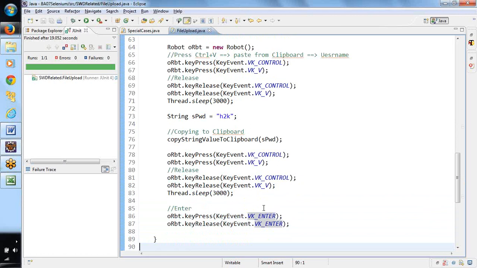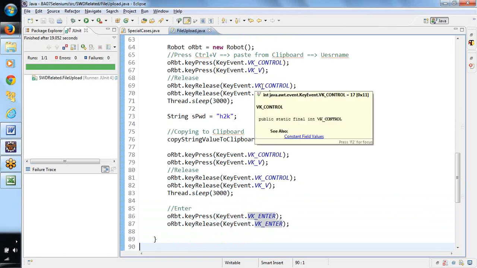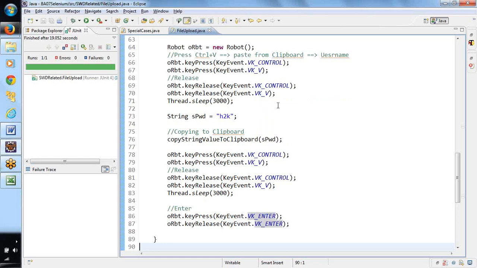In between, do we need to press any key here? Is this fine? In between, we need to perform a tab key, because you need to change the focus from the username field to the password field.